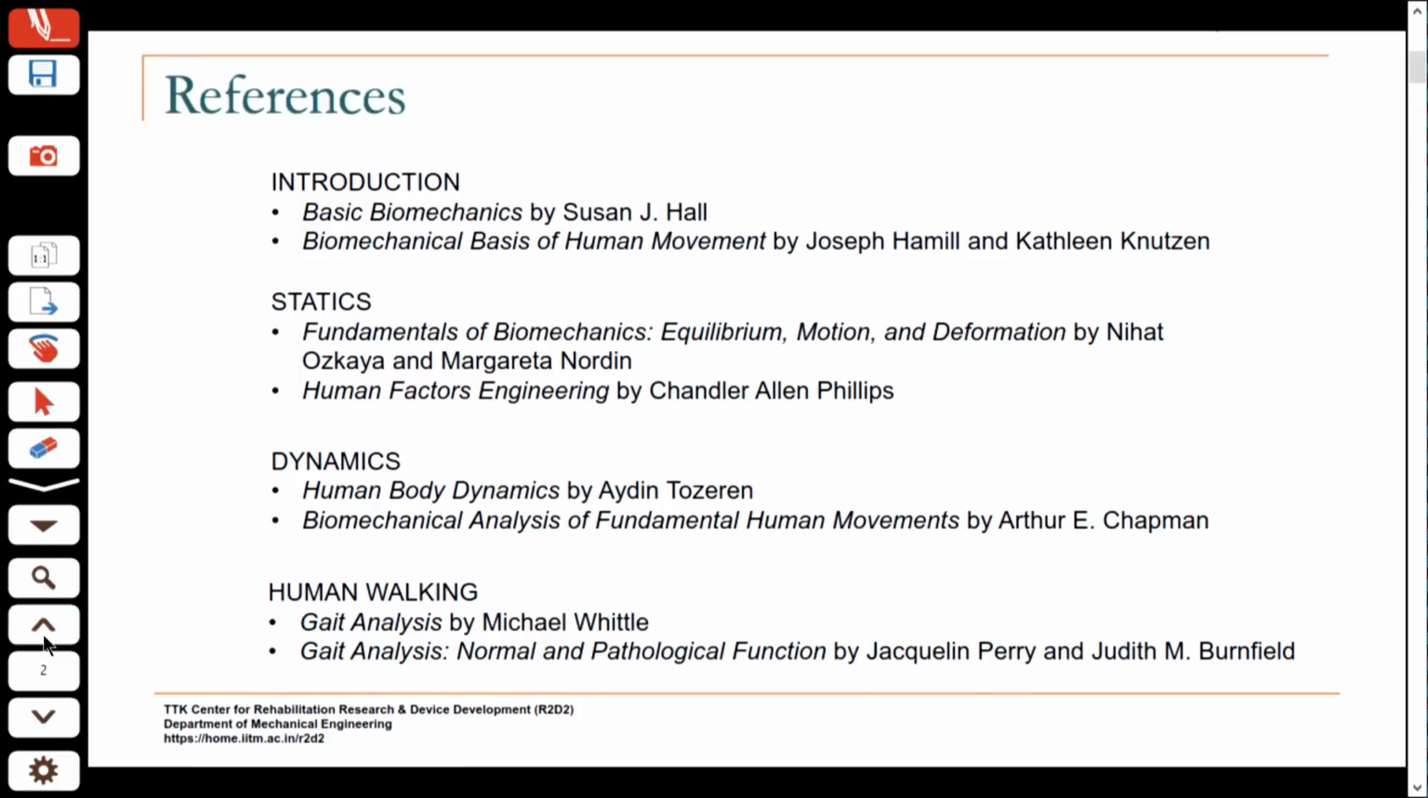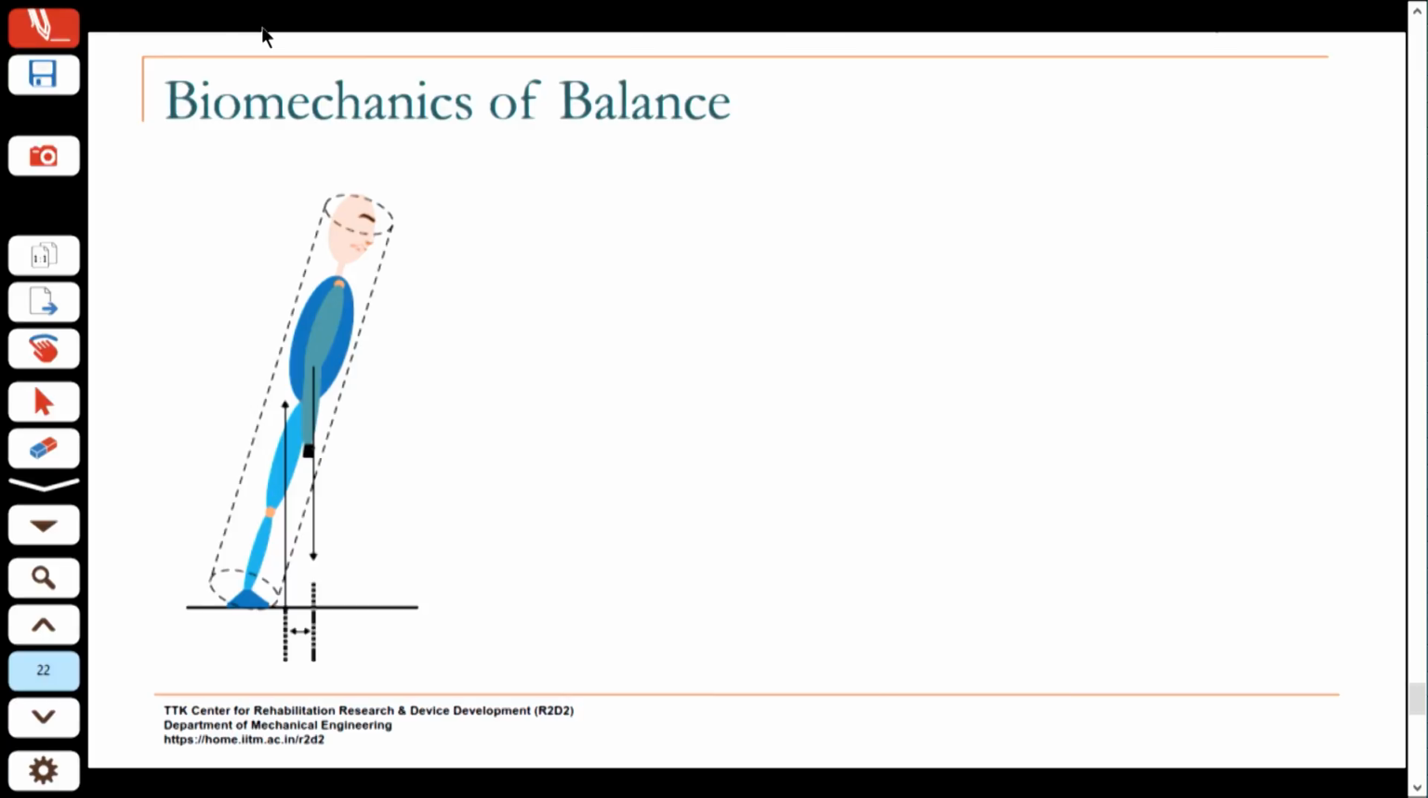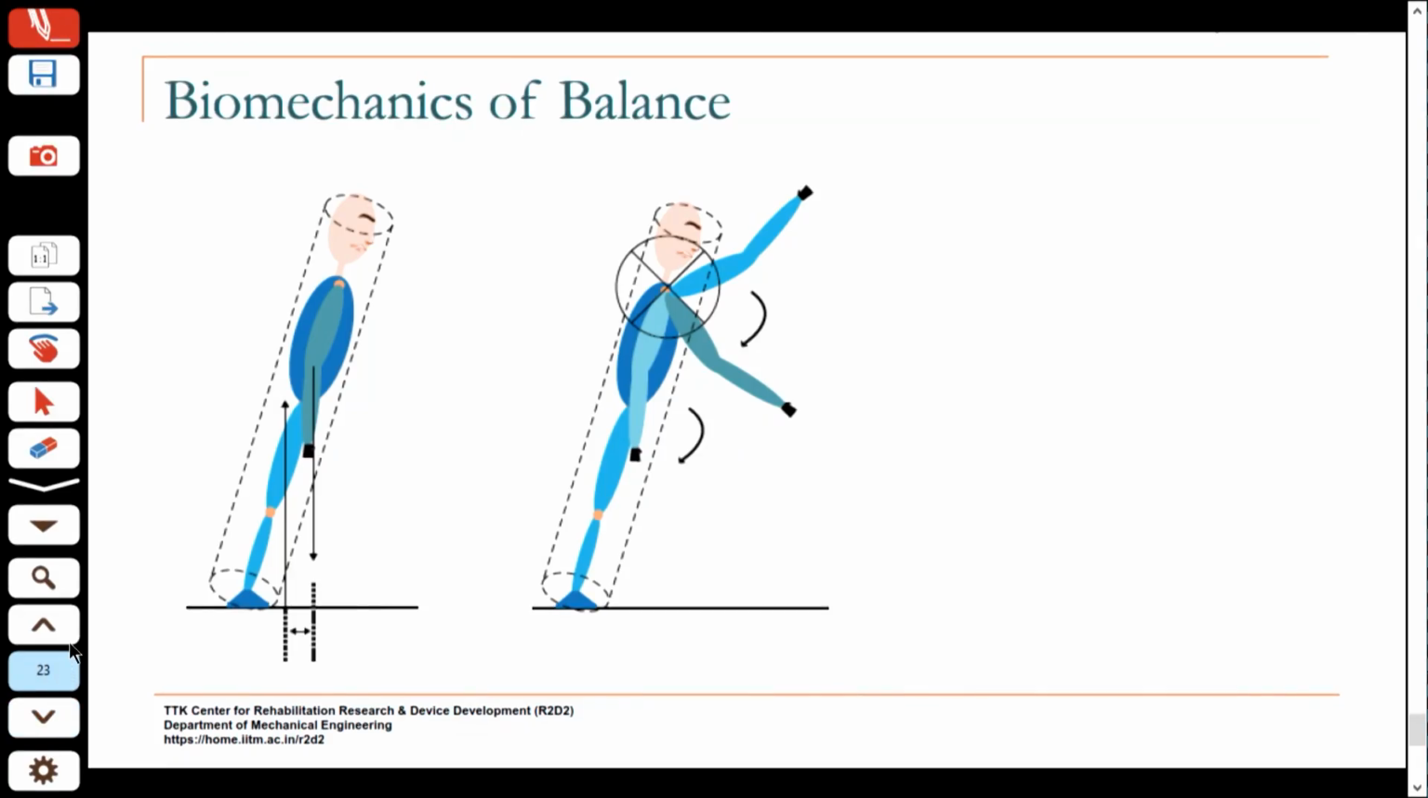Yeah, this book, Arthur Chapman's book, has this and some other interesting examples. The same analysis applies to losing balance in the sagittal plane as well. So here again, the lesson from this is, if you start to fall forward, then you start rotating, it's